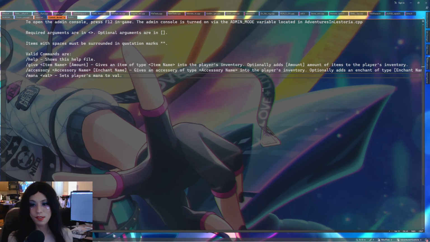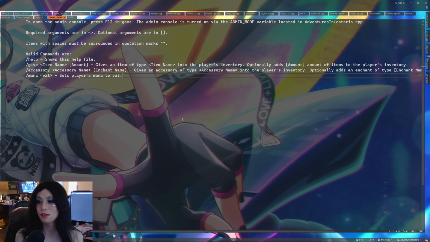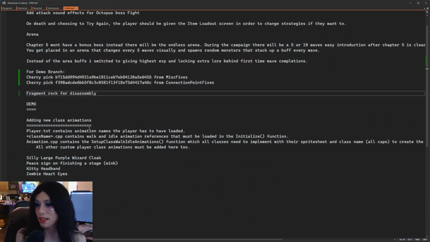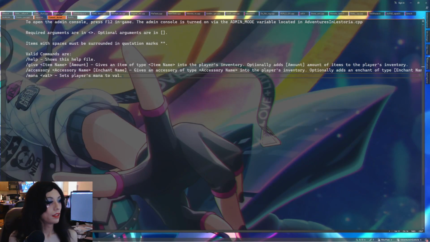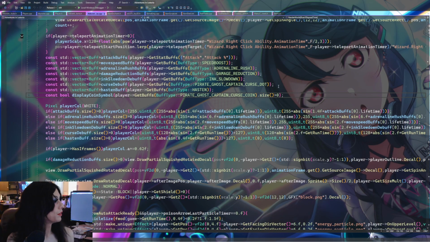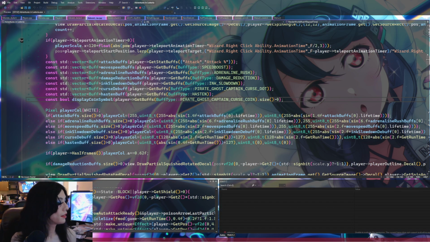Okay, so today we are going to be looking at the analog controller issues that were happening in the Overworld map. Before I get to that, I have two things I want to do. The first is figure out this fragment rock for disassembly thing that I just encountered. I actually mentioned it about 4 days ago, and I will quickly show what that is about by running my